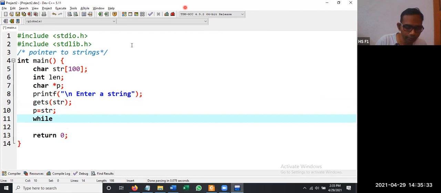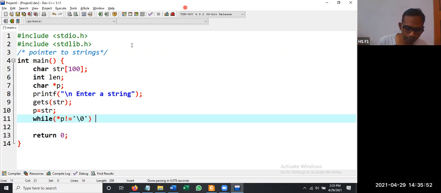So while *p is not equal to '\0', because p is pointing to the starting character, it will be moving till it reaches '\0'.